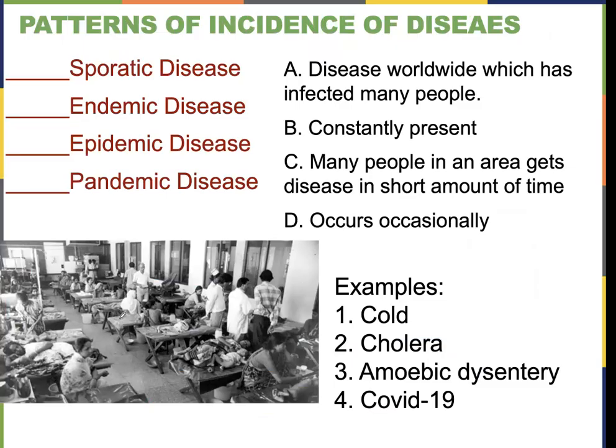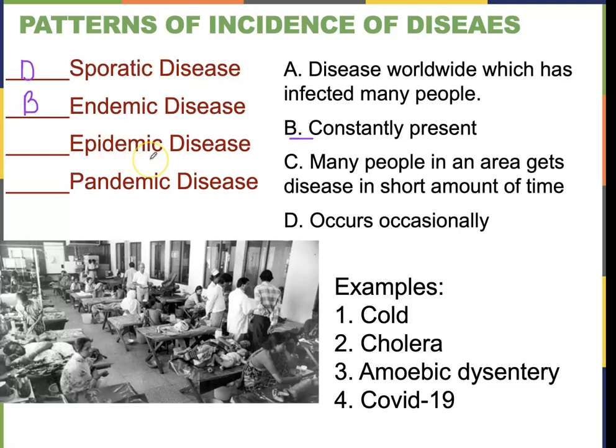So these are some other definitions you want to know. I did make a little matching, so if you want to stop it and try this yourself, you can. But these diseases, sporadic means like every once in a while you'll have a little pop-up of the disease. Endemic, right? So what matches that? Occurs occasionally, letter D. Endemic means that it's present all the time, any time of year. We can talk about the endemic diseases of India versus the endemic diseases of the United States or France or Asia. So they're going to be different for different areas of the world. So endemic diseases are constantly present.